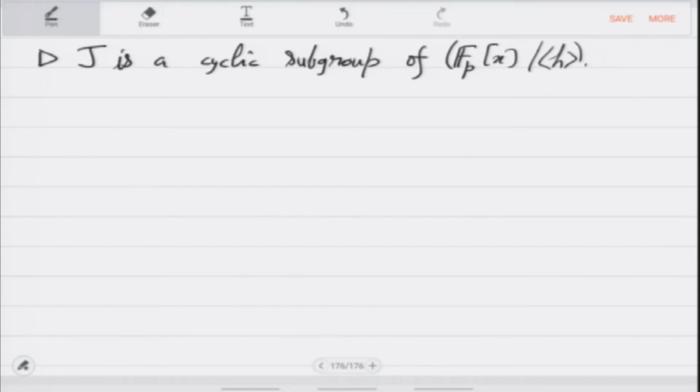Well, because the multiplicative subgroup of the finite field is cyclic. So every subgroup is cyclic. J in particular is also cyclic. So the way you can use it is,